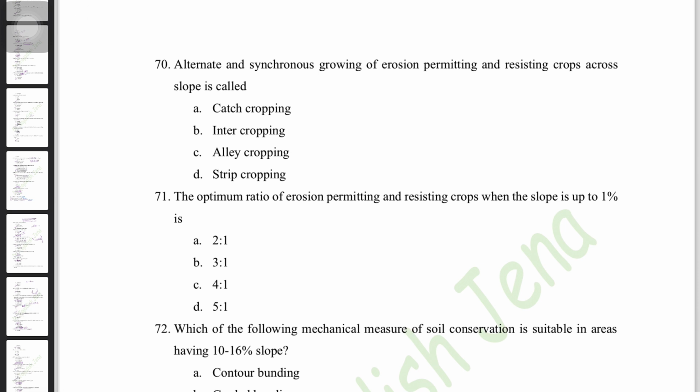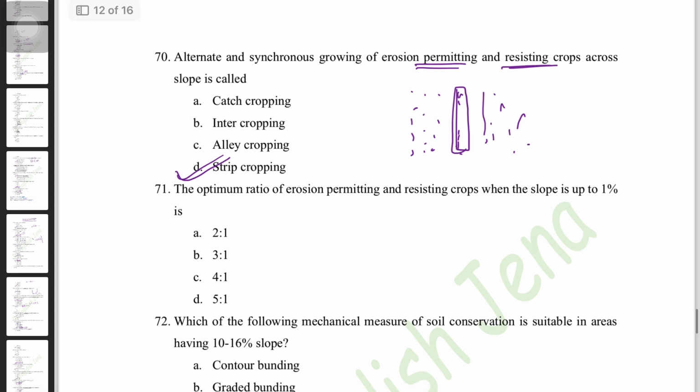Next question, alternate and synchronous growing of erosion permitting and erosion resisting crops. When it is asked like this, just blindly you can answer strip cropping. In strip cropping what we do is, we plant some rows of erosion permitting crop, followed by 1 or 2 rows of erosion resisting crop, then followed by erosion permitting crop again. Okay,